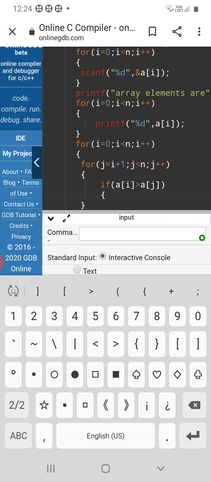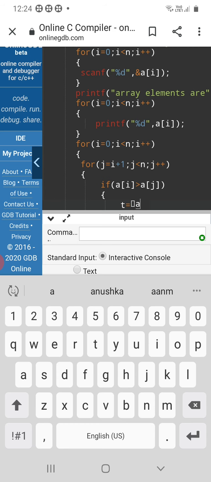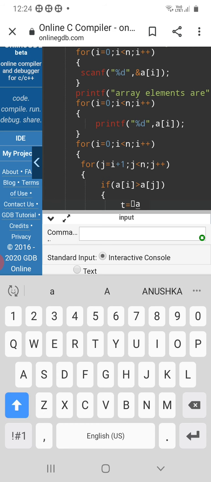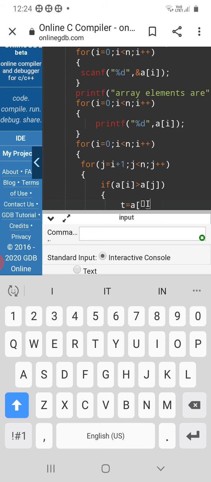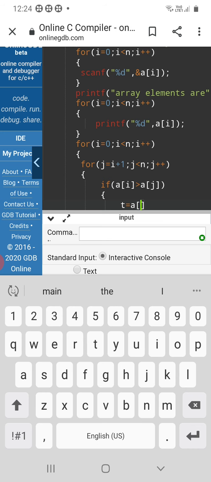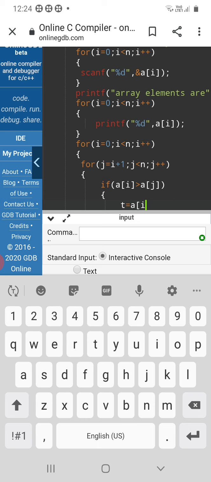Next, I'm going to write t equal to a of i, end with semicolon.